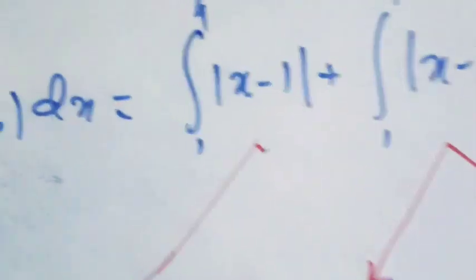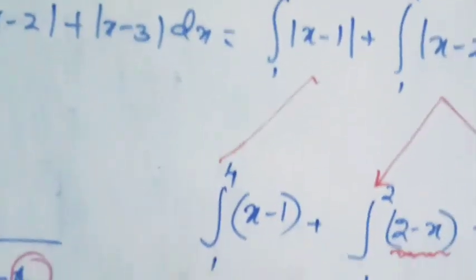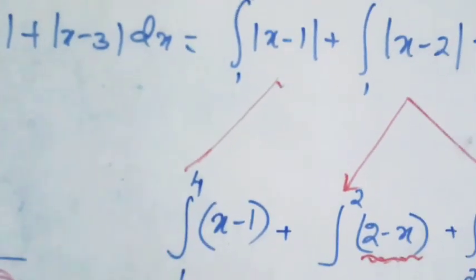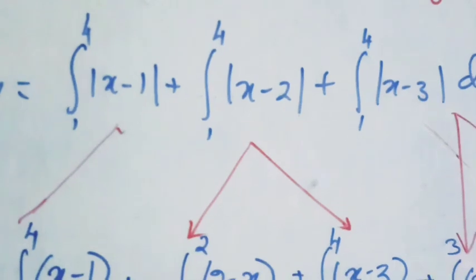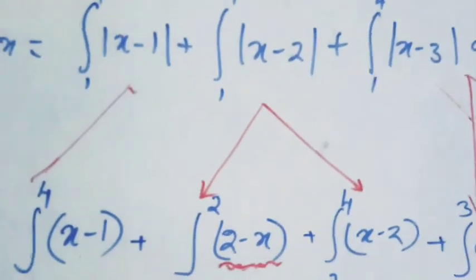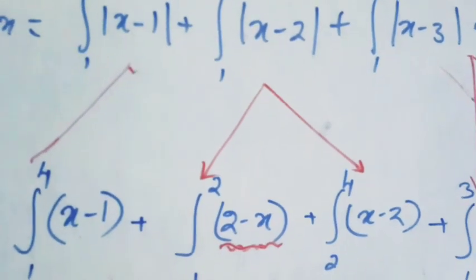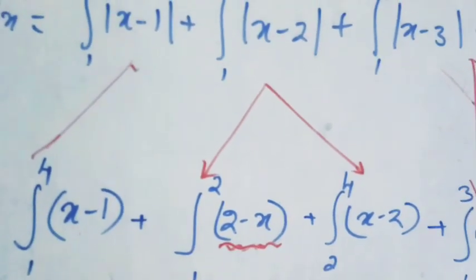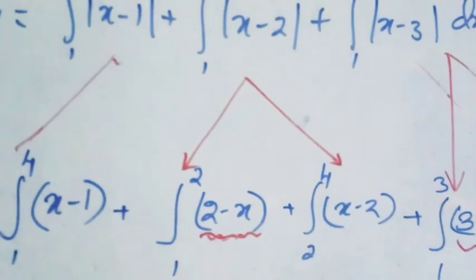No need to apply modulus for this one within this limit, because from 1 to 4 that x minus 1 is positive, so you avoid the modulus symbol, no problem. And the second one, integral 1 to 4 mod of x minus 2. Here we need to split it. Integral 1 to 2, the function is negative, so you apply a negative sign for that one, for converting that into positive, that means integral 1 to 2, 2 minus x, plus integral 2 to 4,